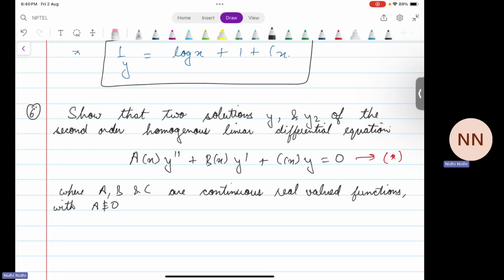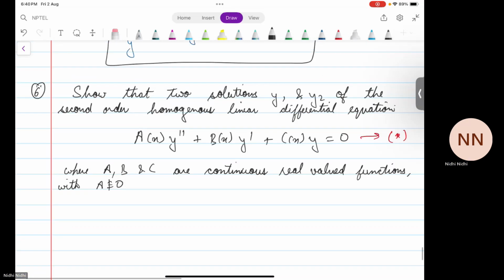But now we want to analyze the second order differential equations on a ≤ x ≤ b. So our domain for the problem is the closed interval a to b, are linearly dependent